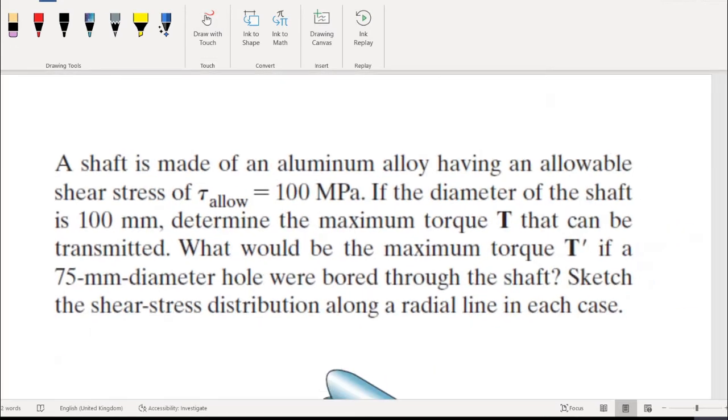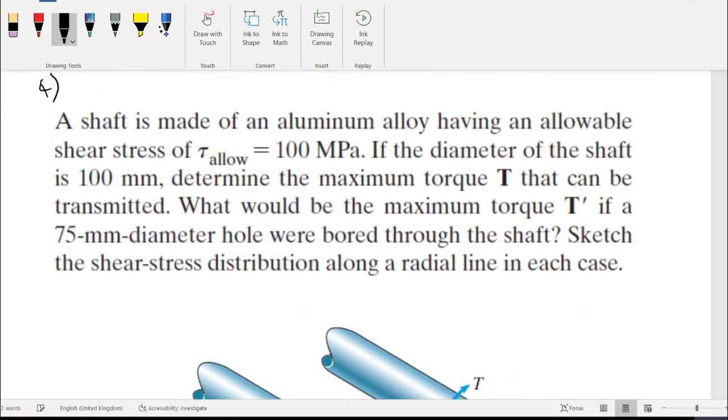Read the question. It is also already given in your tutorial sheet. Let's read the question. This is number 4. My handwriting. Number 4. A shaft is again a circular member, because your module has the scope of finding all four circular members